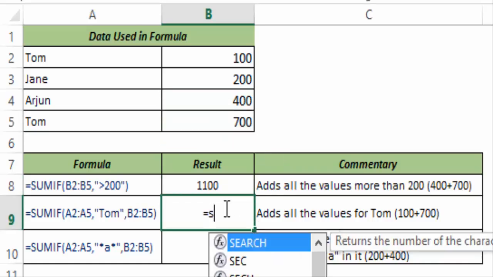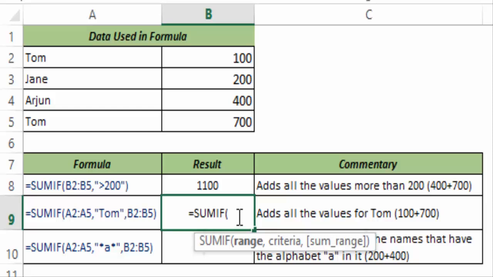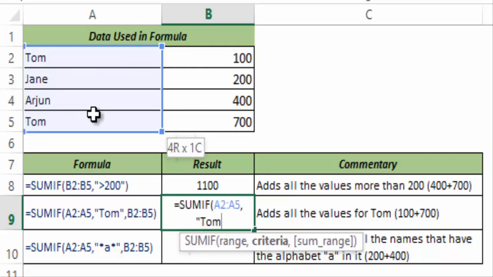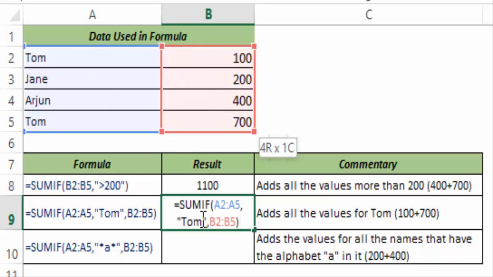Now let me show you another example where I would use all the 3 arguments. So I type SUMIF, I hit tab to autocomplete the function. In range, criteria range, I select these 4 cells, A2 to A5, and I say that my criteria is Tom. So whenever you find this criteria is met, whenever in these cells you find Tom, then you go and you add the corresponding value from the sum range, and this is my sum range. So what it does is it'll check, since my criteria is Tom, this meets the criteria, so it takes 100, and this does not meet, this meets the criteria, it takes 700, and this adds these 2 numbers, 100 and 700.